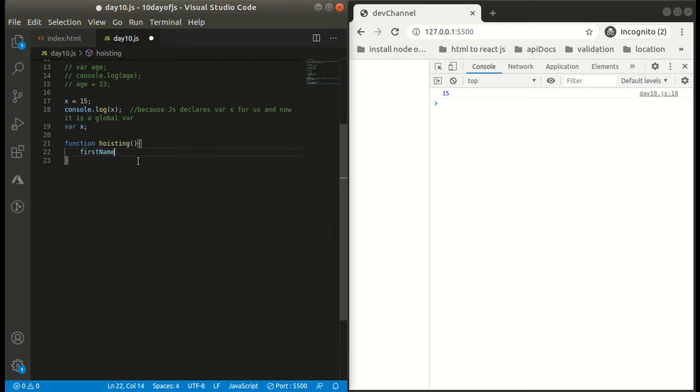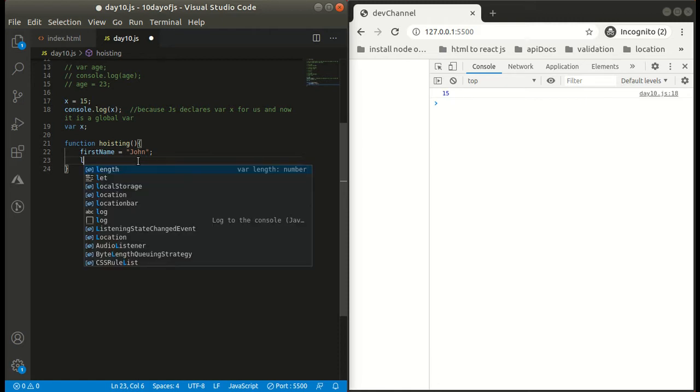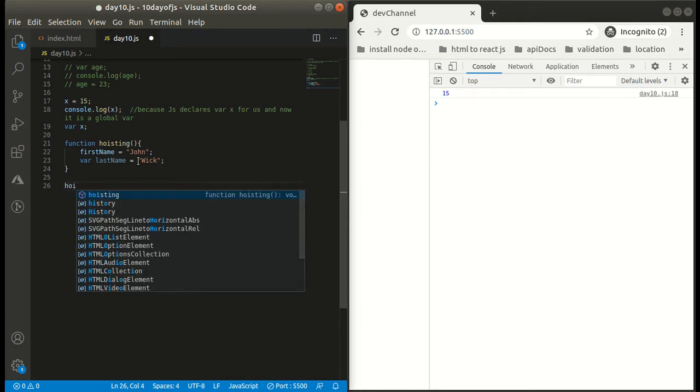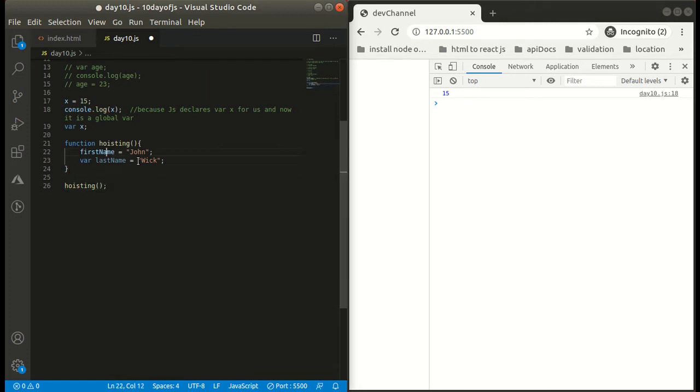Now we are going to make a function, and let's understand how hoisting works with function. Cool.